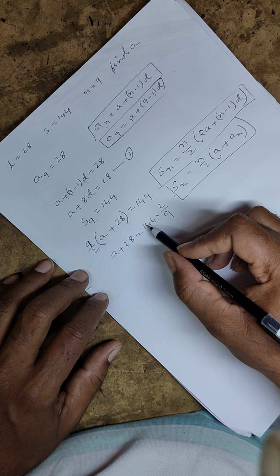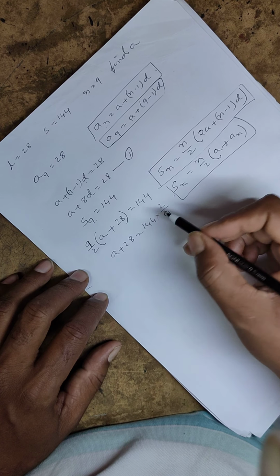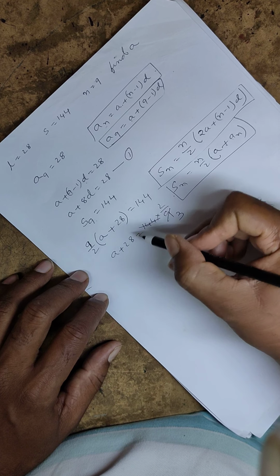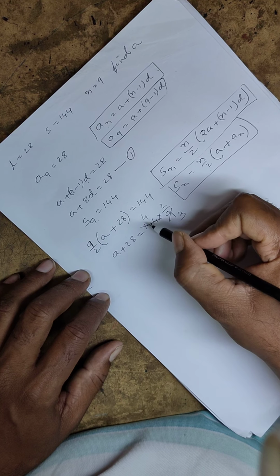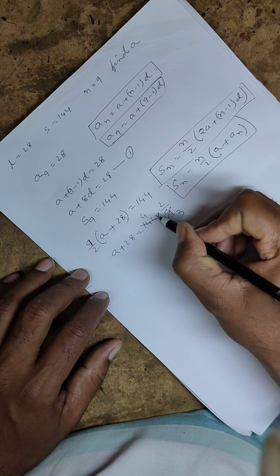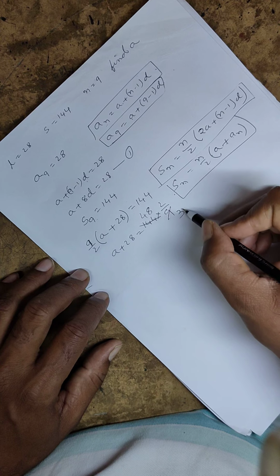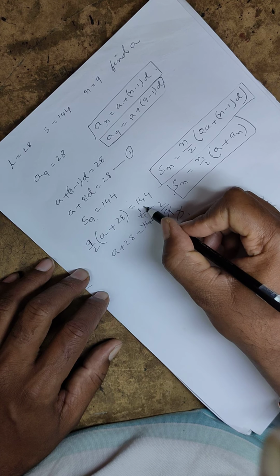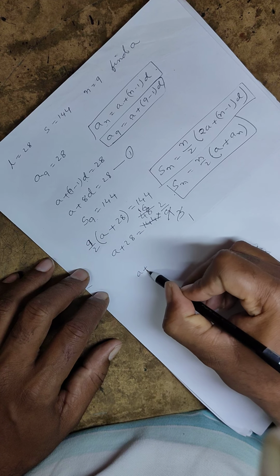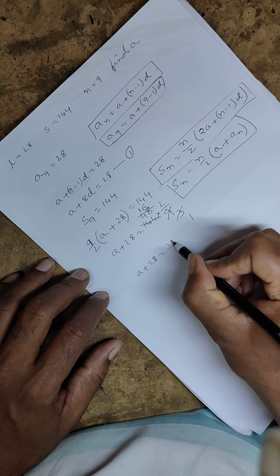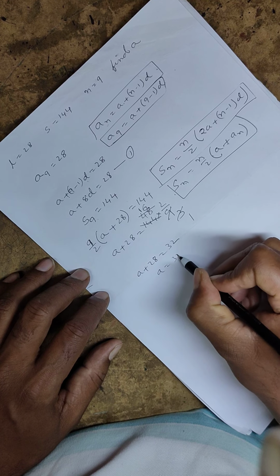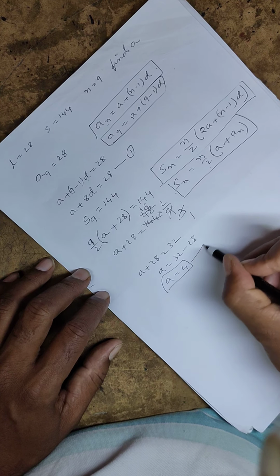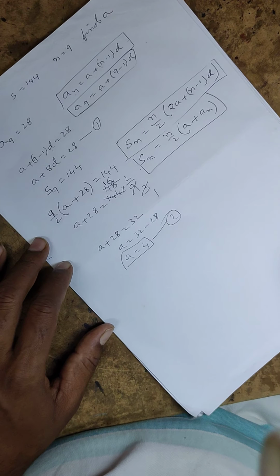So 4 plus 4, 8 plus 1, 9. So both will go in the 9 table. If you want, you can cancel in the 3 table also. 3 3s are 9. 144 also in the 3 table you can cancel. 3 4s are 12, 14 minus 12 is 2, 24. 3 8s are 24. Again in the 3 table it will go. 3 1s are 3. 4 minus 3 is 1. 18 is there. 3 6s are 18. So you are getting a plus 28 is equal to 16 2s, which are 32. a is equal to 32 minus 28. So you are getting 4. So what is the value of a here? a is equal to 4. You got it. It is equation number 2.